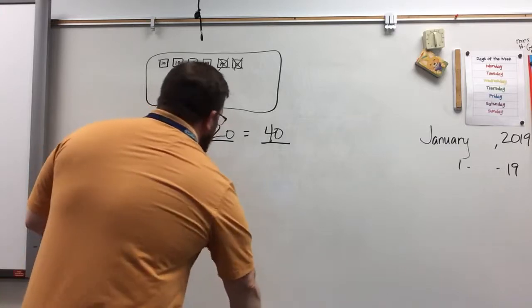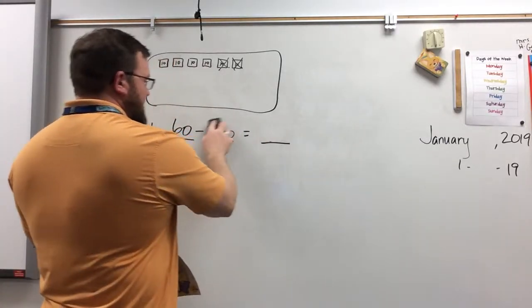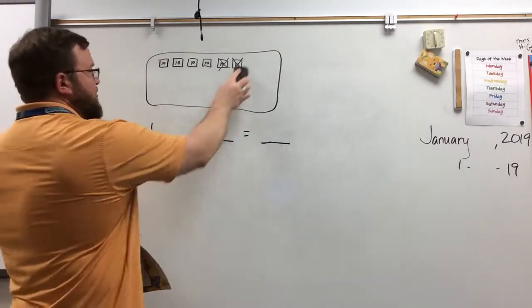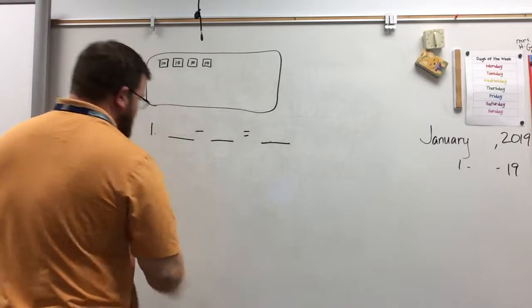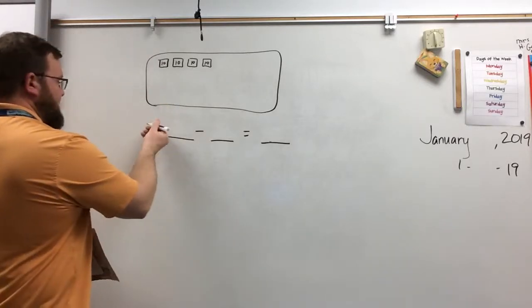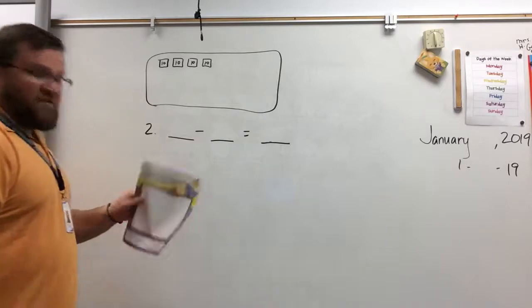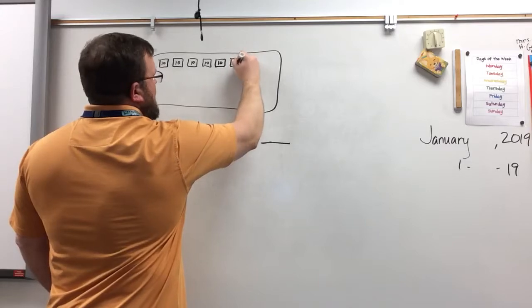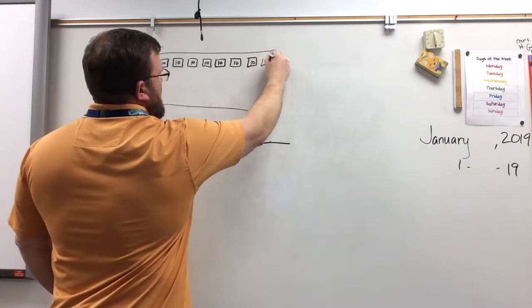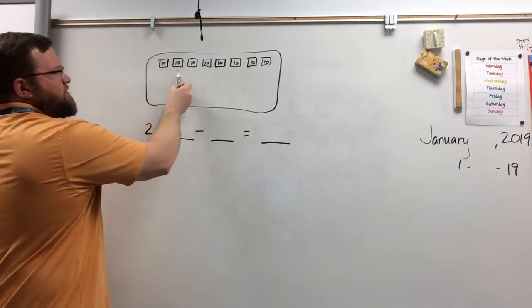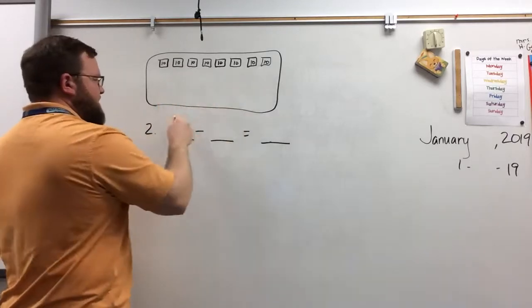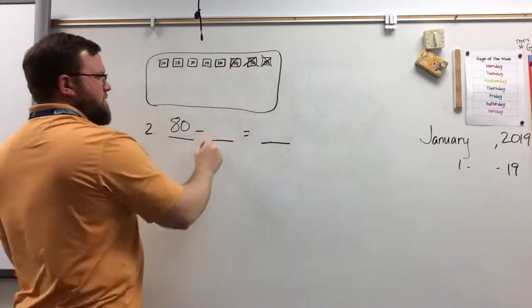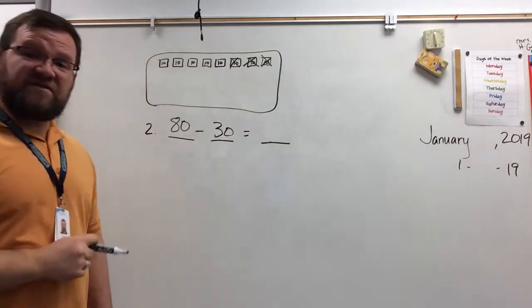Good deal. Let's do one more quick one, and then I'm going to turn you loose, and then you're going to have to do the ones that are in there. You're not going to get to necessarily make your own, but you know what I'm saying, okay? So then here we've got number 2 on the front, okay? This time we're going to go with, okay, so this time I've got 1, 2, 3, 4, 5, 6, 7, 8, which makes 80. We're going to cross out, okay, which leaves us with,